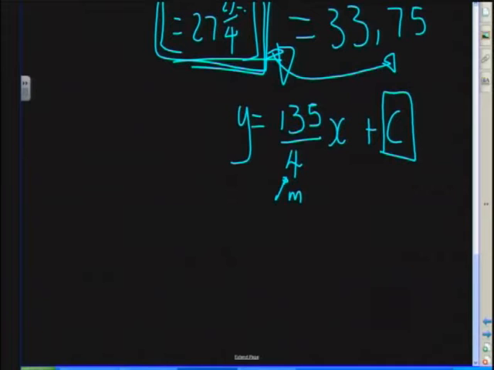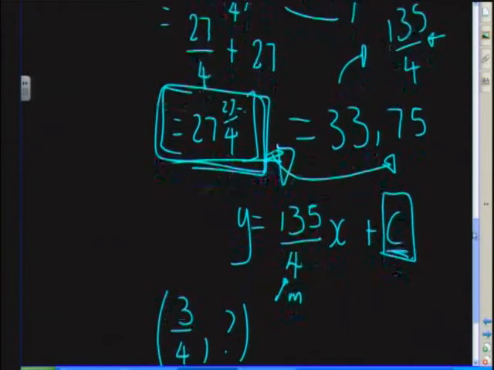Now in order to find c, we need to know what the y value is at the point of contact. Remember, all we've got is 3 over 4, and we don't know what y is. So if I want to find the y value, I simply need to use my equation, which was given to me as